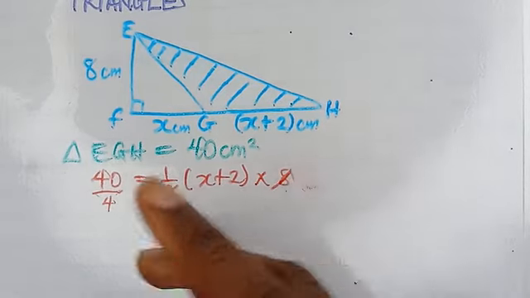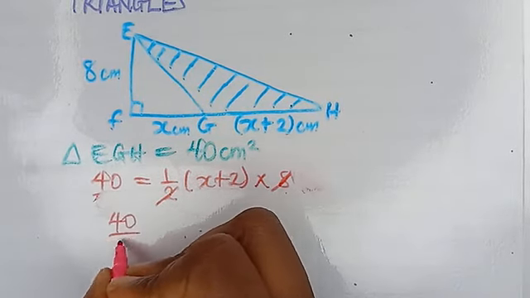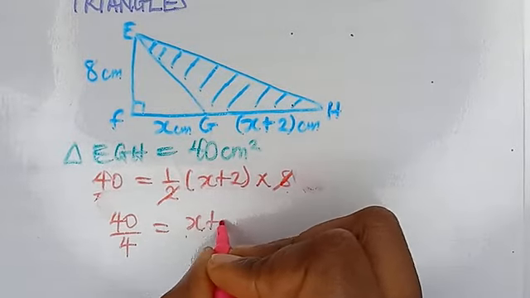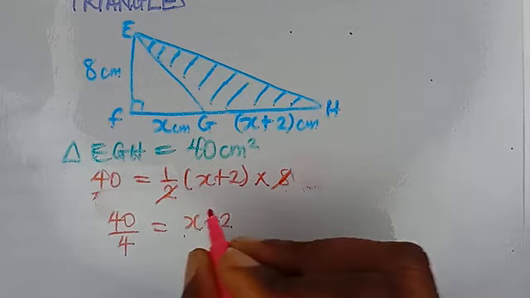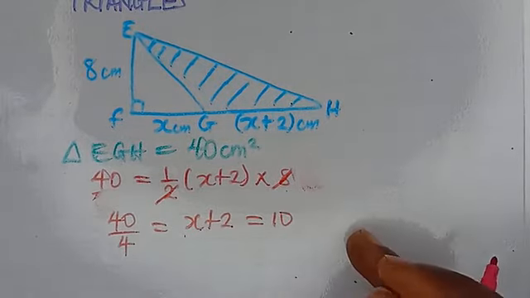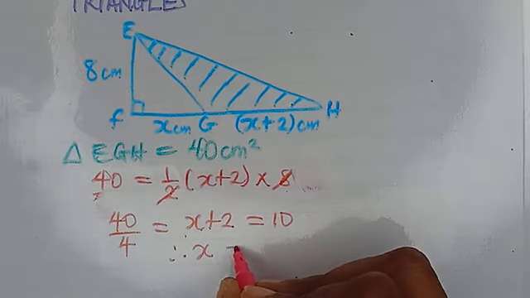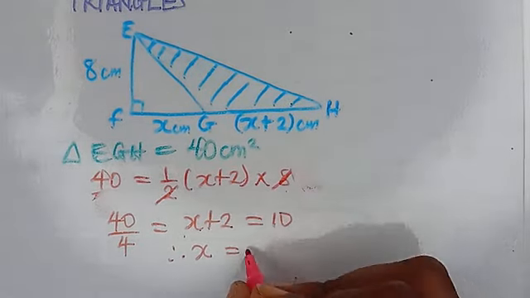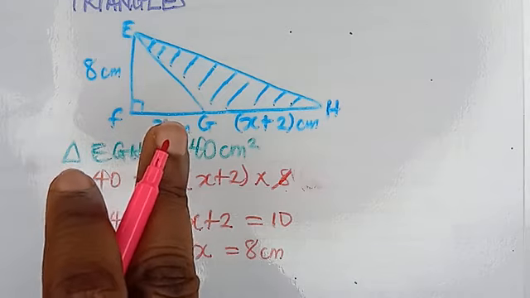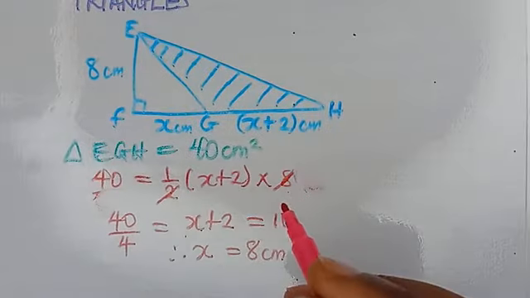Okay, let me take that to another line of solving. So we have 40 divided by 4 is equal to x plus 2. So finally we have that 40 divided by 4 is 10. So, x plus 2 is equal to 10. Therefore, x is equal to 10 minus 2, that is 8 cm. So we know that x is 8 cm. Simple. So the area of triangle EFG